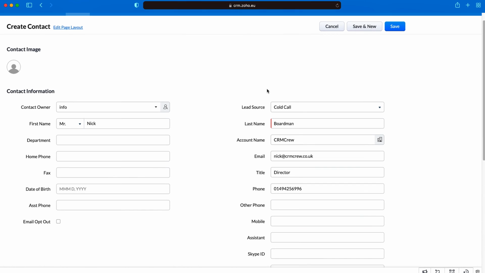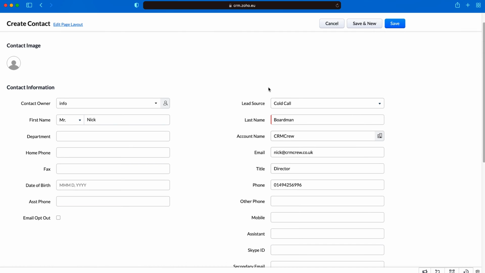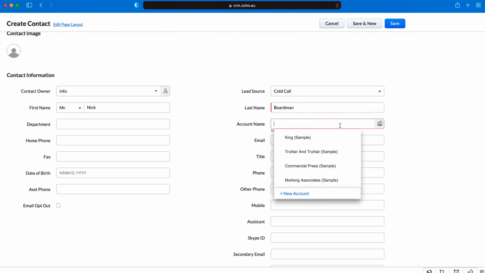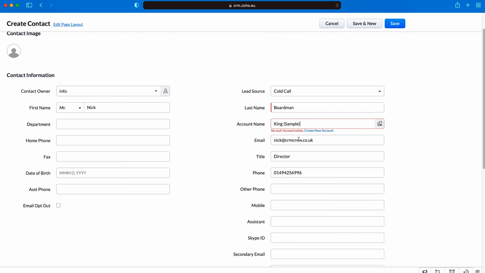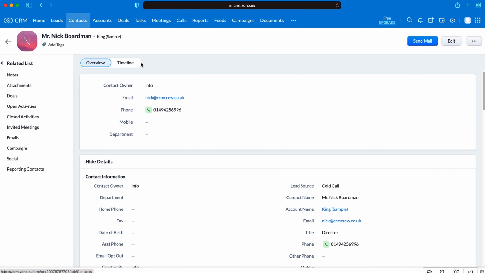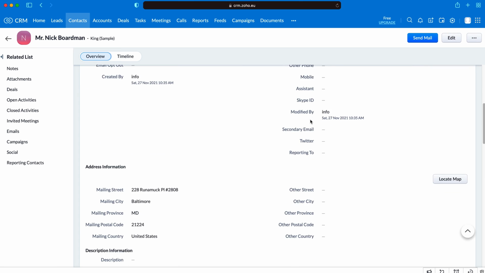So as you can see here, I've now entered in as much information as I can for this particular contact. Of course, like I've said, if you've got more information, please do ensure that you are adding as much information as you possibly can. One thing to bear in mind when creating contacts is they must be associated with an account. Okay, so you have to associate any contact with an account. Now I'm just going to associate this particular contact with this account, and I know it's wrong, so don't excuse me, but just as an example today, press the save button once you've made that association, but it must be associated. Okay, so I press the save button, and as you can see, I've now gone ahead and created our new